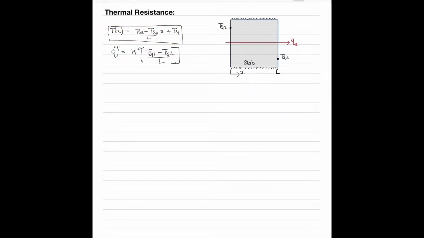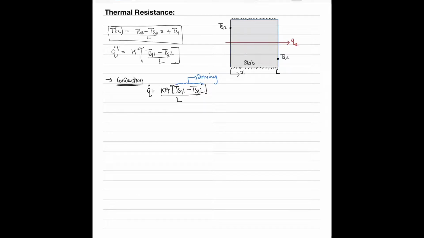Now there is another method by which we can calculate our heat flux or total heat through the slab, by thermal resistance. Now I will discuss thermal resistance for three modes of heat transfer, that is first for conduction, then convection, and then radiation. So let's start with conduction. We derived our total heat in the case of conduction as Q equal to KA Ts1 minus Ts2 divided by L. So in this case, Ts1 minus Ts2 is the temperature difference, and this is our driving force.